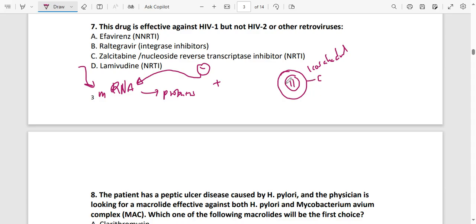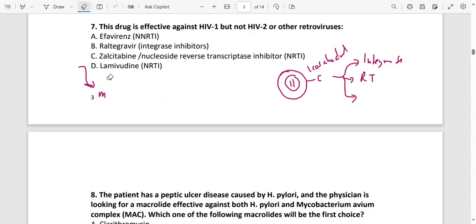And specifically, we know that the HIV virus has three important proteins. It has integrase, it has reverse transcriptase. Which one is the third one? Anyone to help? It also has the protease. So what is happening is